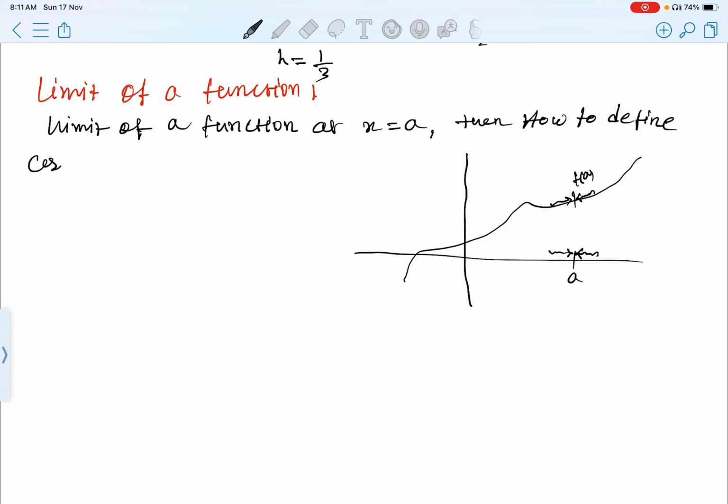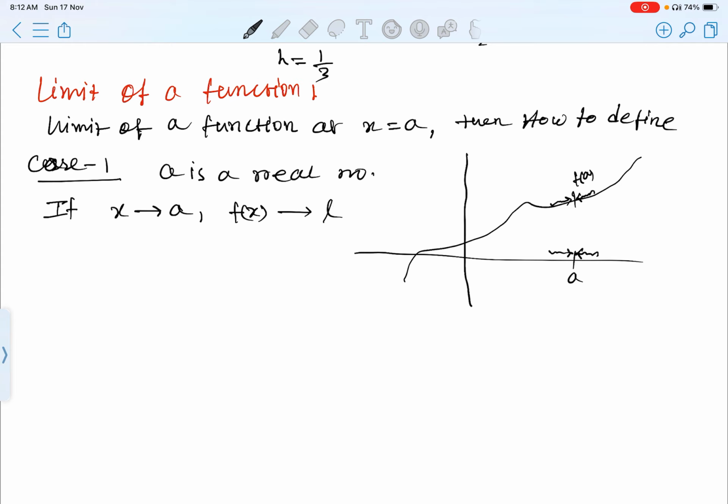First, case one: a is a real number. Just one minute. Just try to understand the definition. If x tends to a and the corresponding functional value also tends to a particular real number, try to understand,